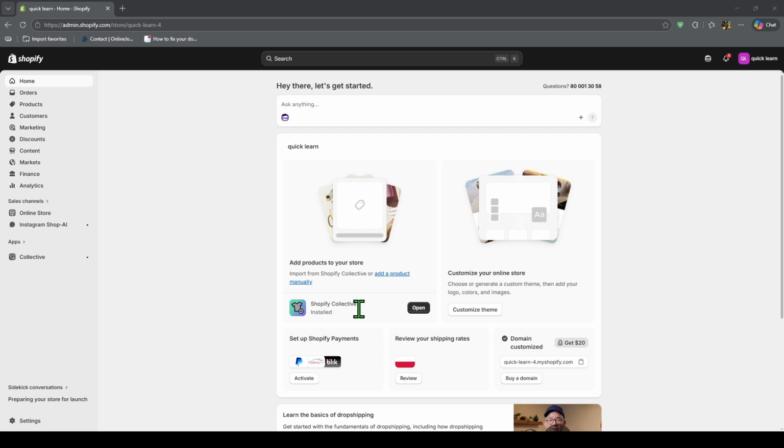After removing the pixel, test your store again using Meta's tools or your preferred browser extension to make sure the old pixel is no longer firing. This step matters because some stores have more than one Meta pixel installed without realizing it. So if tracking still appears, go back and check the sales channel, custom pixels, theme code, and any leftover scripts one more time. That's how to remove Facebook Pixel from